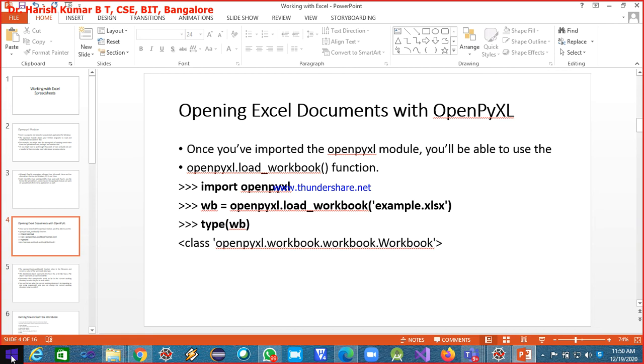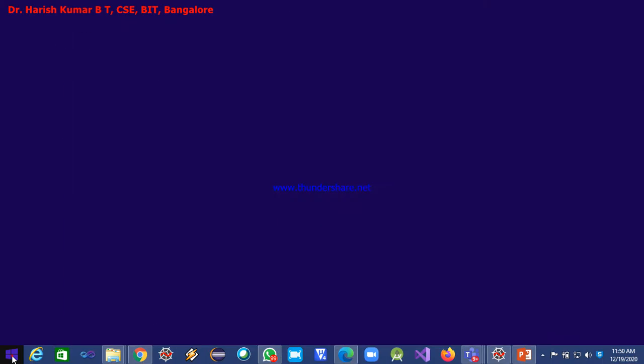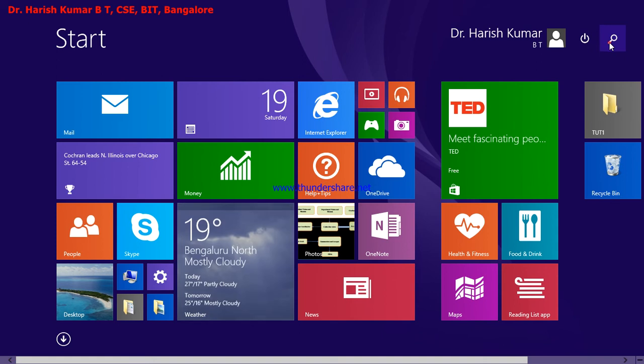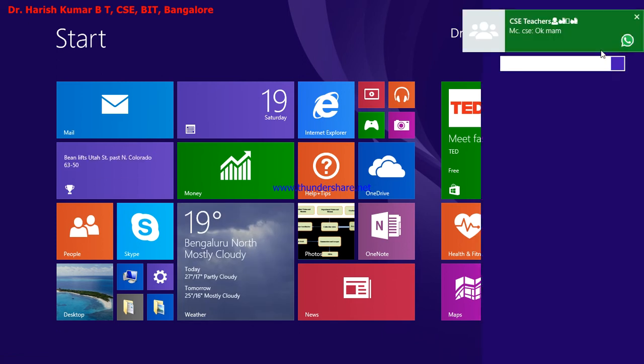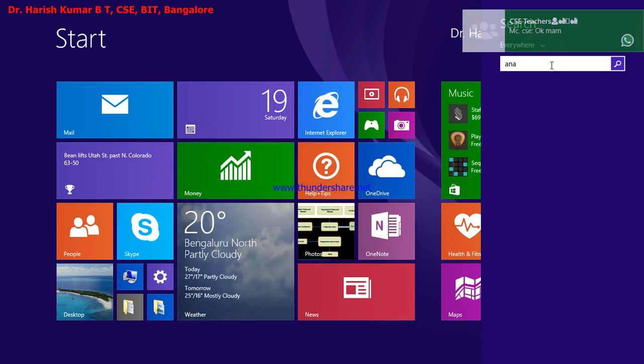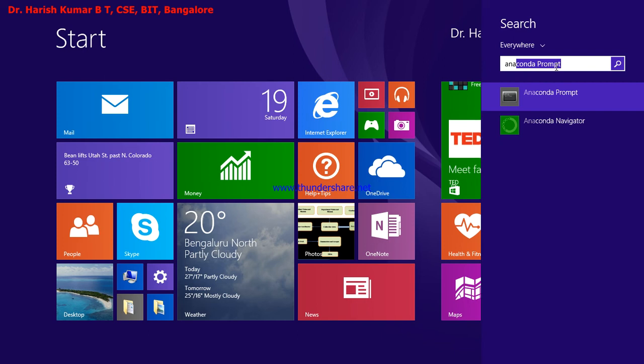So what you all need to do is, not the normal command prompt, you have to go to the Anaconda command prompt. So I'll show you. Anaconda prompt, just go here.